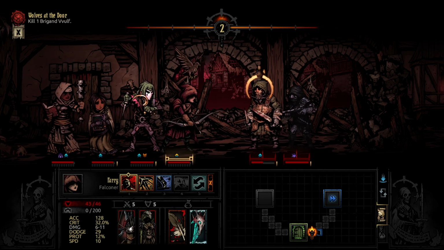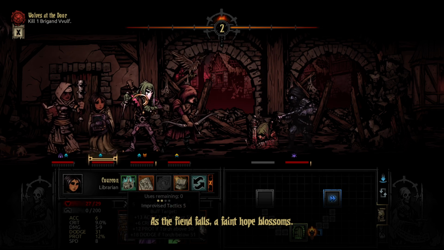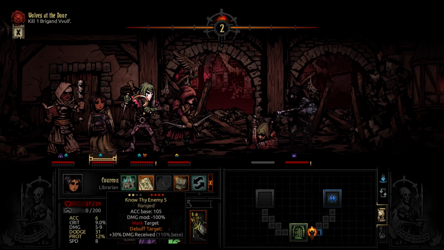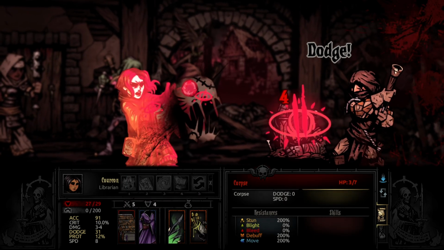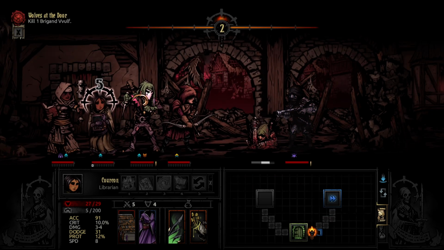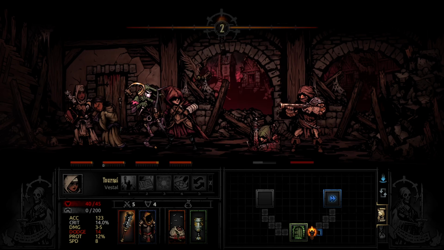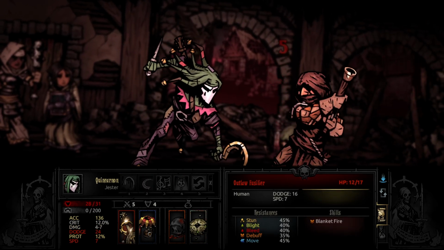Alright, yeah, we'll just do this again. A faint hope blossoms. Don't really need anything here. But we can do this. Nope. And since he's not stealthed,